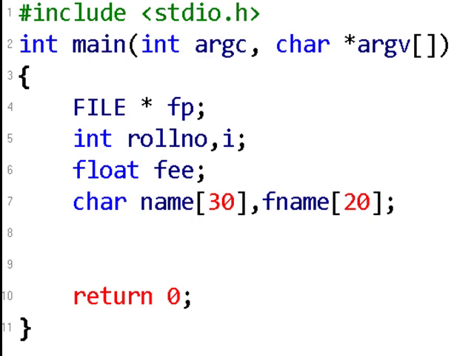We are going to use fprintf and fscanf here. बहुत बार आपने scanf and printf इस्तेमाल किया होगा. That is a conventional thing which works with the console, meaning keyboard and monitor. But here we have to work with files, and why we need fscanf and fprintf, because जो previous programs